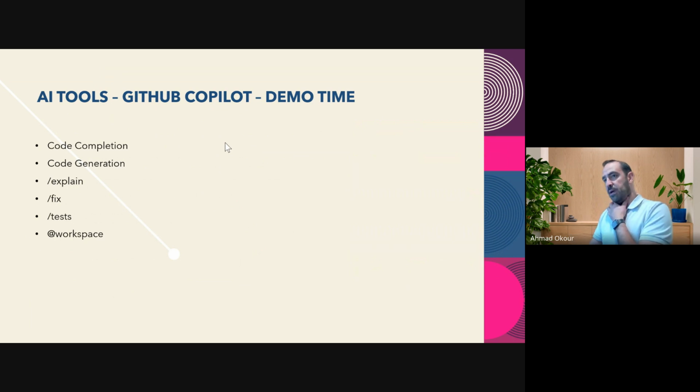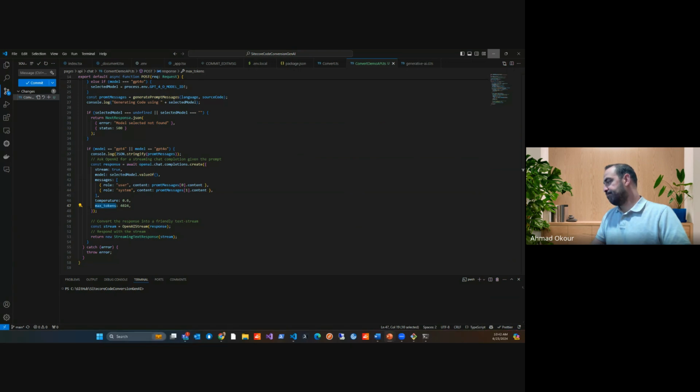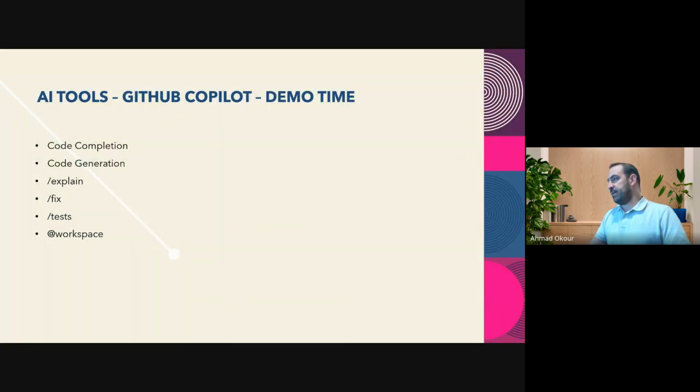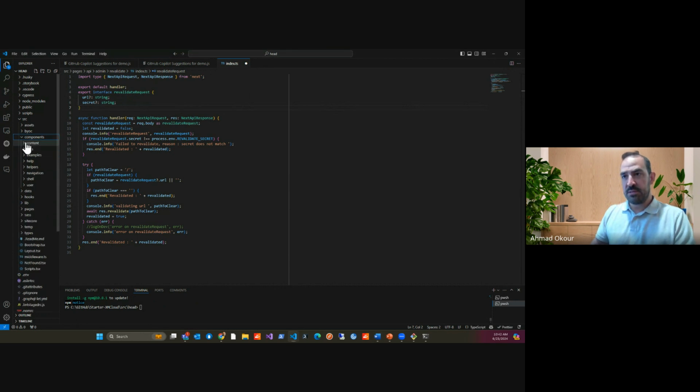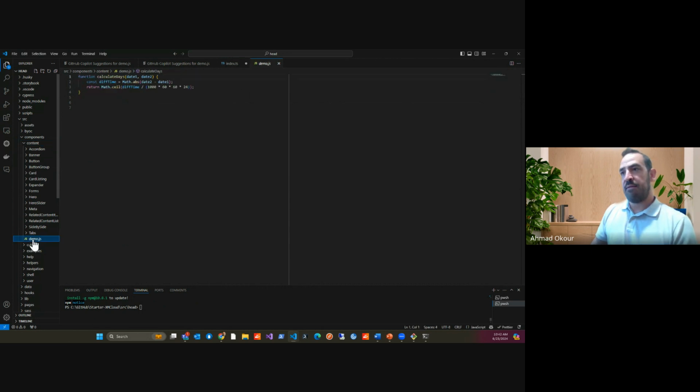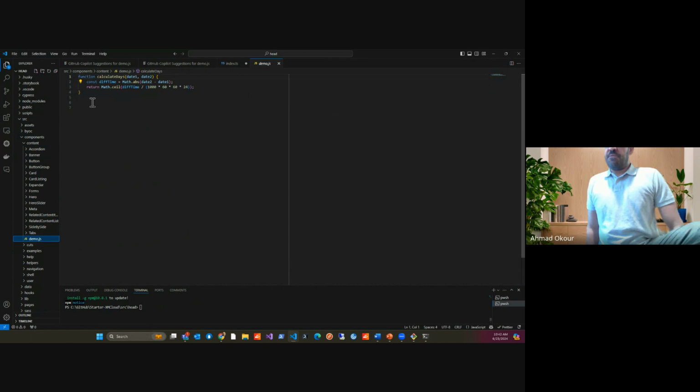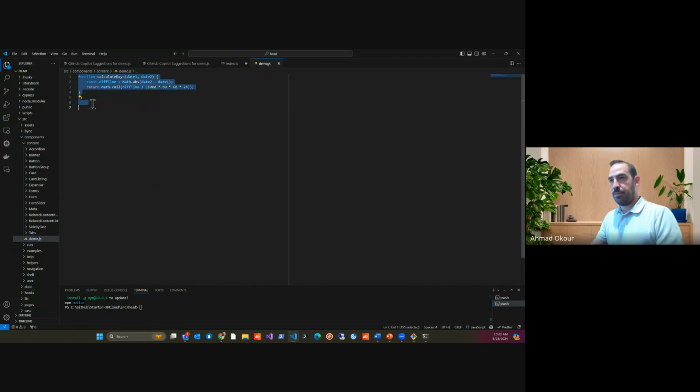So, a quick demo. I'm going to talk about code completion, generation, and a few other tools that you can use Copilot with. There are so many different use cases, and I'm just going to do it the way that I've been using it myself. I'm just going to put some code here. Let's say you have components, content, and I have this JavaScript file that I just created. Let's say it's empty. You start by typing function